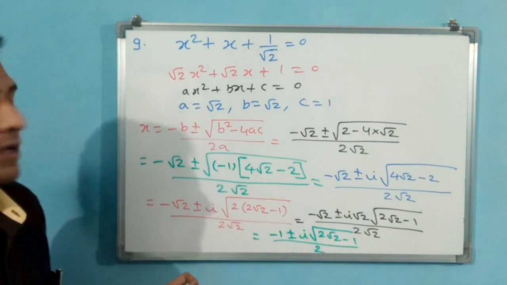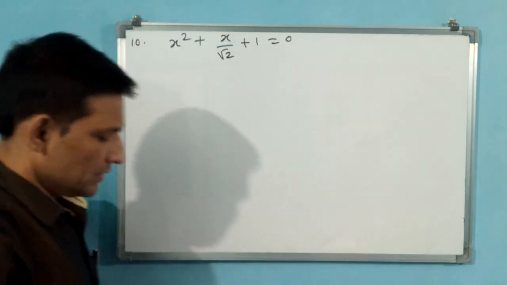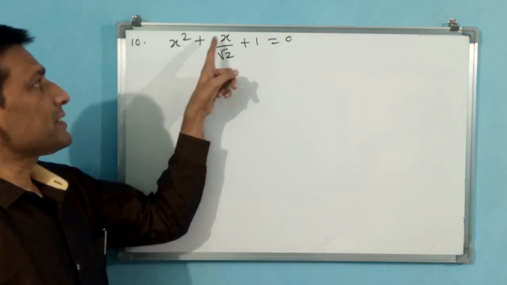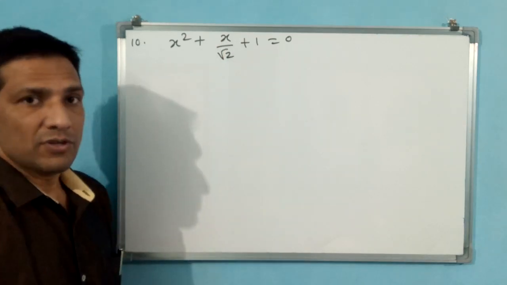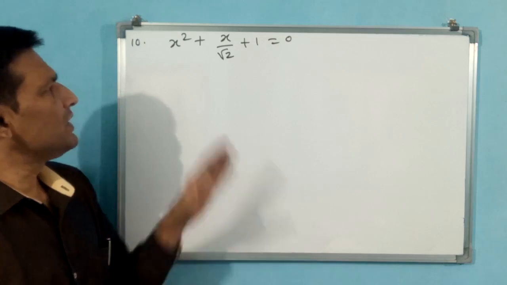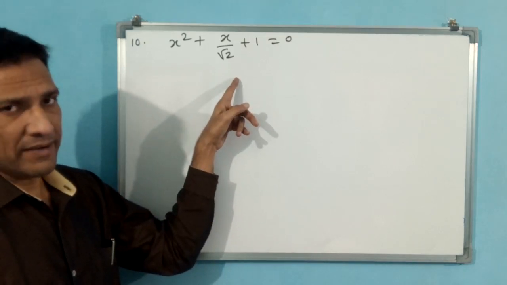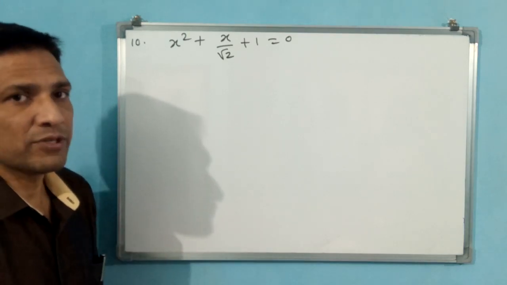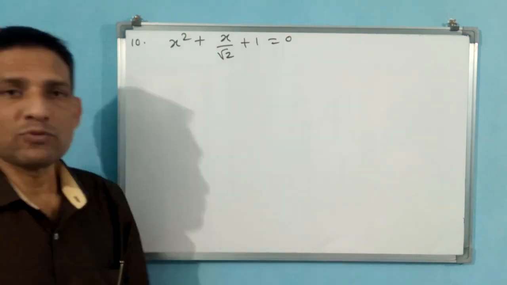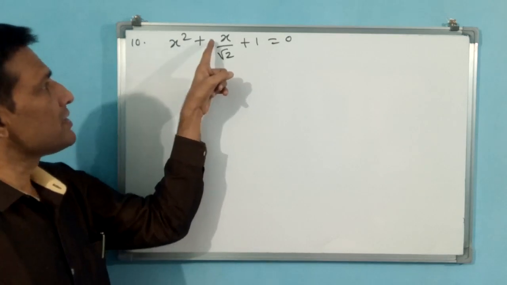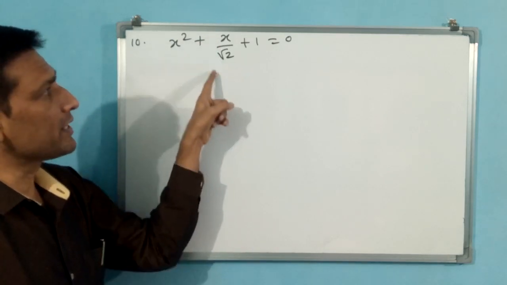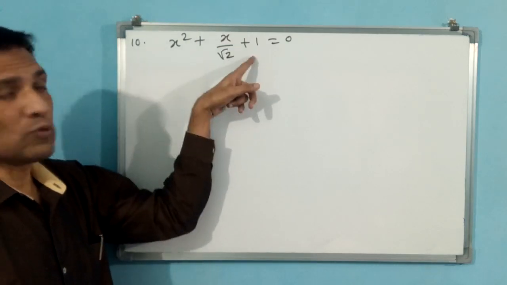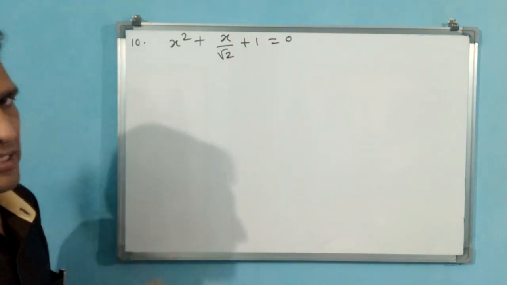Okay. Let us go for the 10th question. See the 10th question: x square plus x by root 2 plus 1 is equal to 0. You see, denominator root 2 is there. Denominator we want to clean, that means 1 we have to make. What can we do? Multiply with root 2. Here root 2 x square will come. Here x only will be there, because root 2 gets cancelled. But here root 2 will come. Then in 4ac, root 2 into root 2, 2 is going to come. It will be easy.